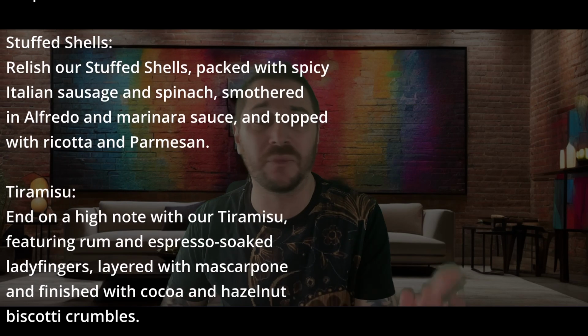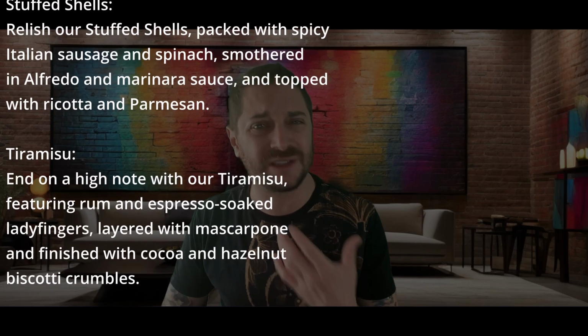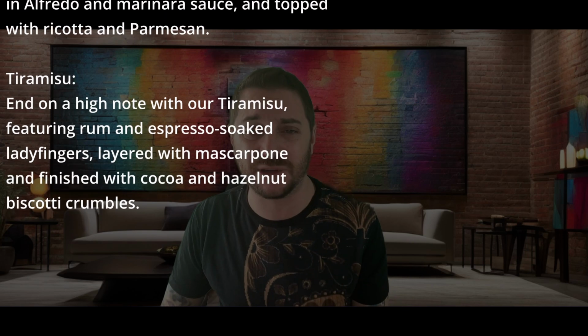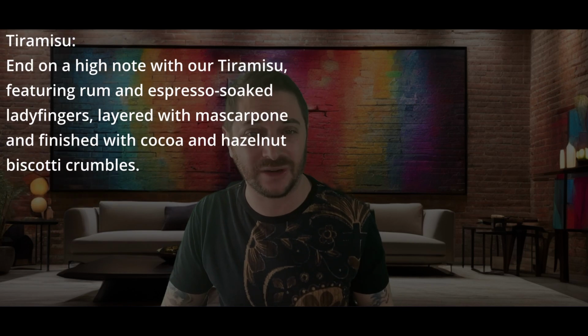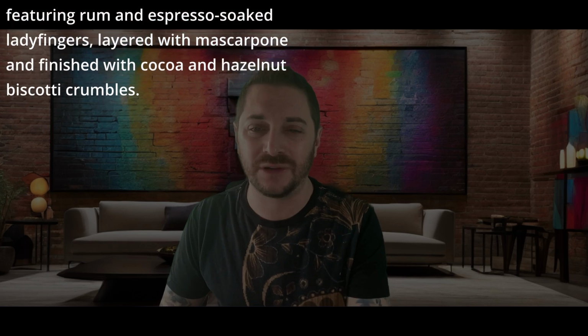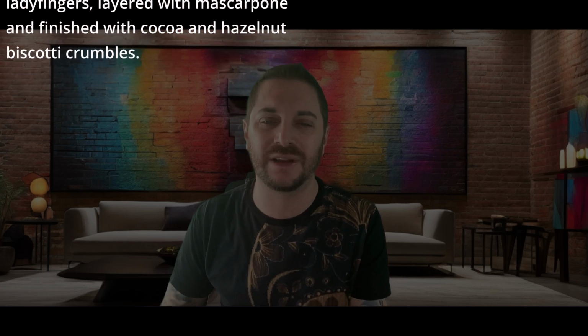And maybe we're going to give it a dessert because I always like the rule of 3 for giving examples. We always want to give it more examples than we think we need to. So our idea for dessert is our tiramisu. End on a high note with our tiramisu, featuring rum and espresso soaked ladyfingers layered with mascarpone and finished with cocoa and hazelnut biscotti crumbles. Hungry.